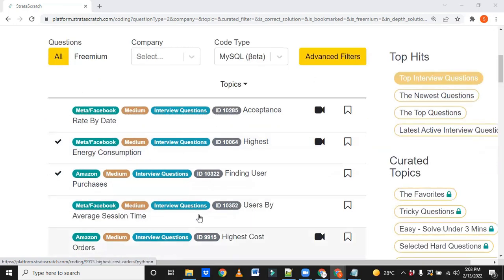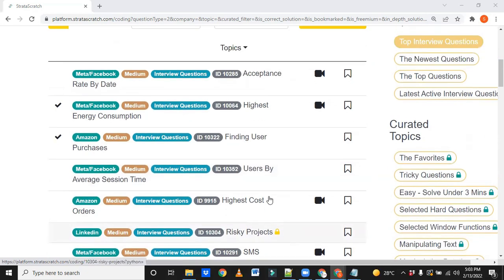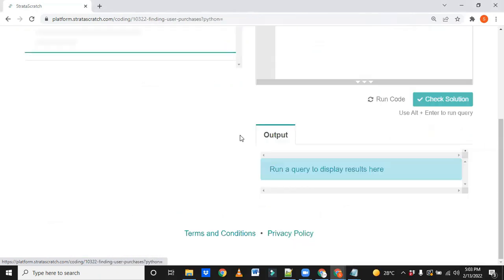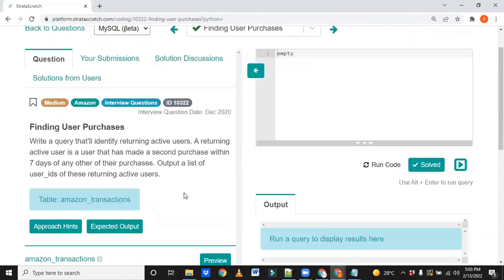But let me give you one exercise. Finding a user purchase. Let me explain the problem statement, and please try and resolve this.